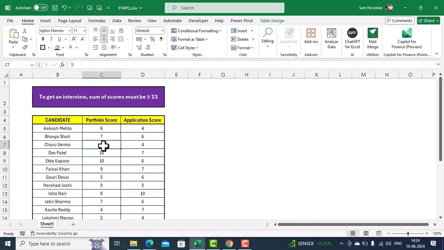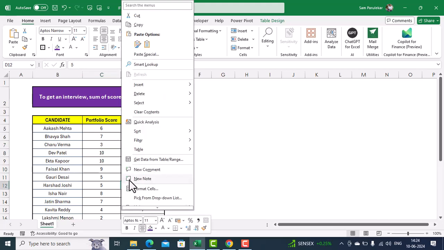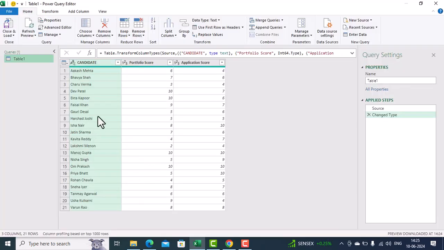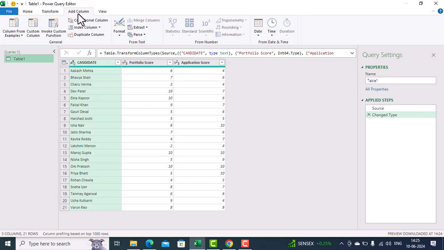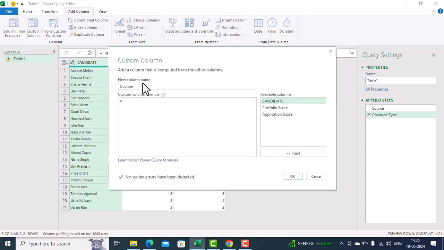First, click anywhere inside the data. After clicking over there, right click and select Get Data from Table Range. Now over here, select Add Column, and in Add Column, select Custom Column. In Custom Column, first change the heading of the column to Interview,